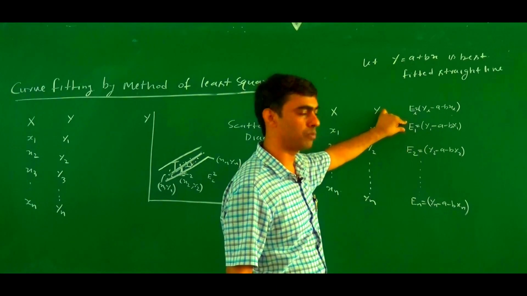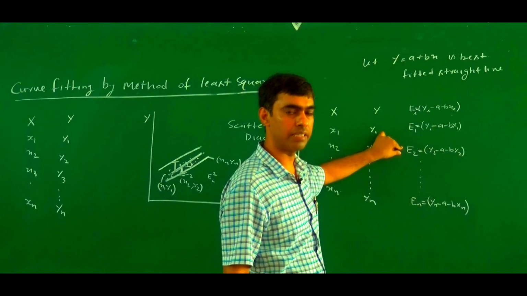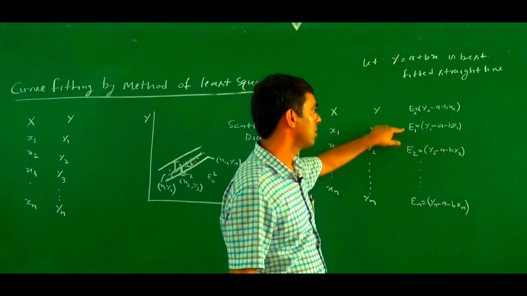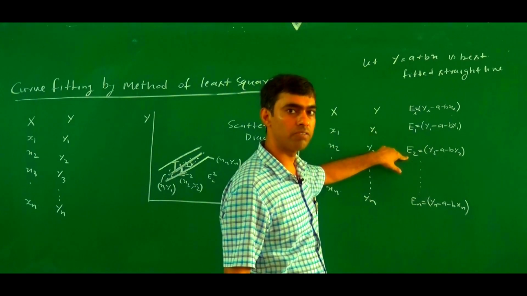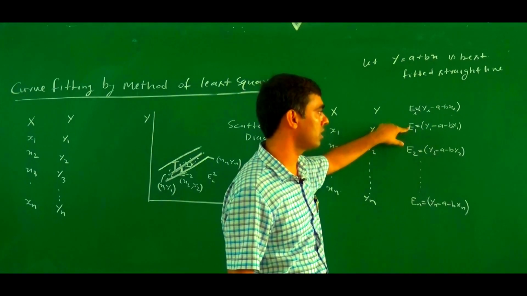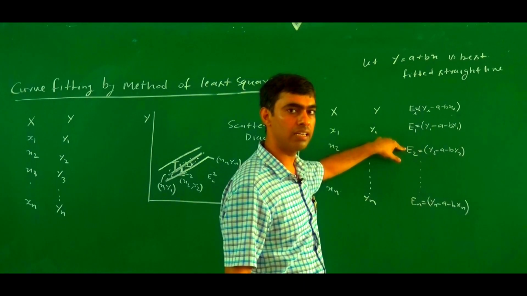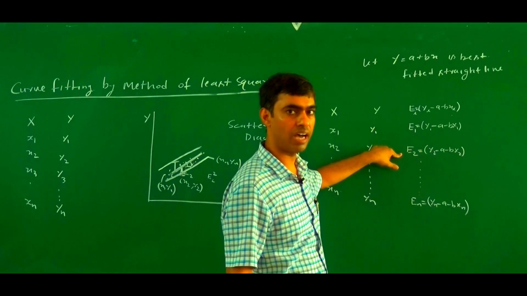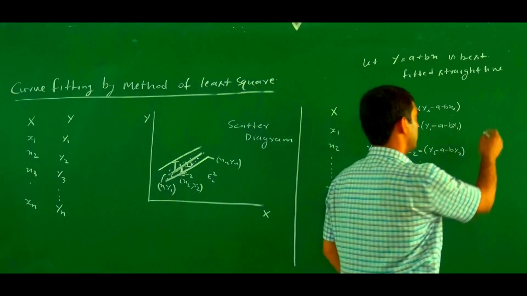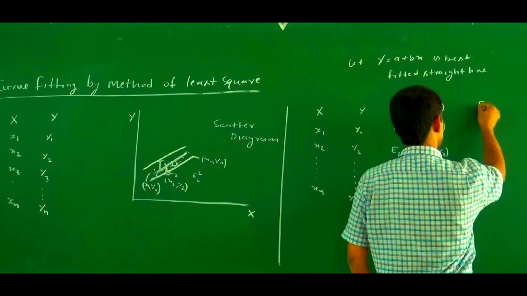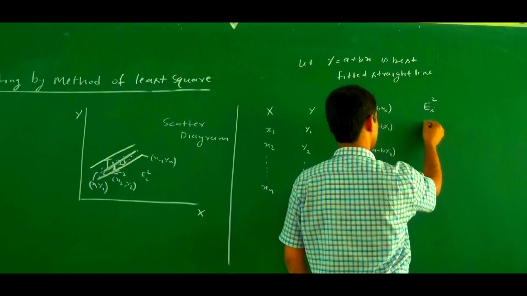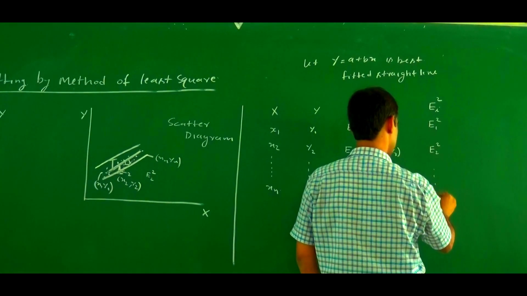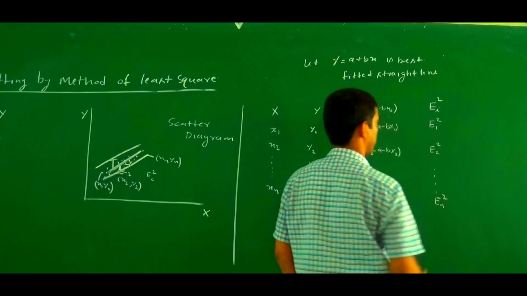then the value of some errors is positive and the value of some errors is negative. So if we find the sum of this column, there is a chance the error of one neutralizes the error of another, because suppose there is minus 1 here and plus 1 there, then if we add the errors minus 1 and plus 1, this becomes 0. Means one error neutralizes the other error. Due to this reason, here we find ei square. Ei square means e1 square, e2 square, and similarly en square.